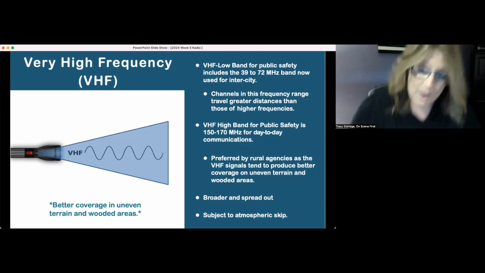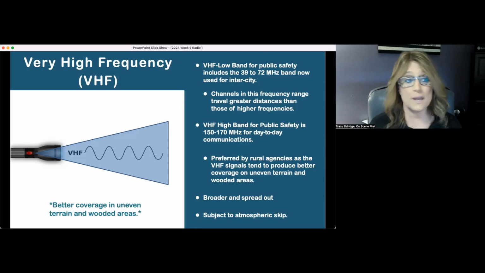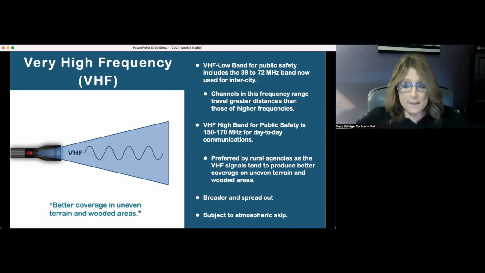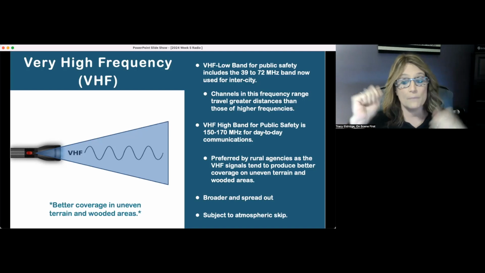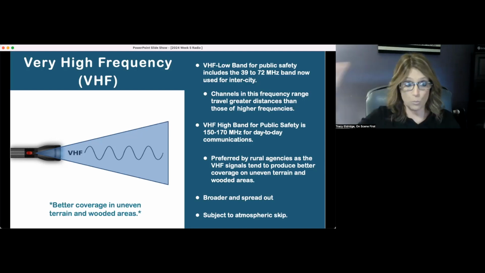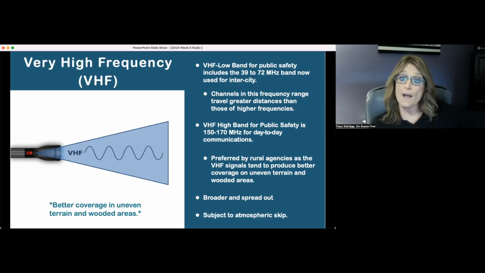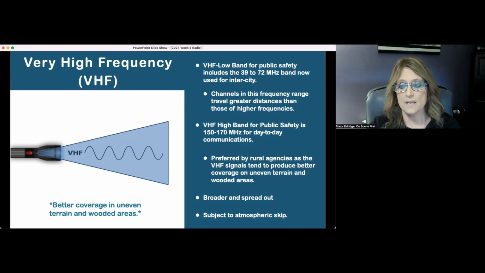If I was to go in the woods right now, referring back to a VHF flashlight, I'd want the broader one, so I can see a wide area. When I turn that flashlight on, I want that broad, wide range. The problem is that when you have a broad, wide range, just imagine it spreading out all over your jurisdiction. It means it could be more susceptible to atmospheric